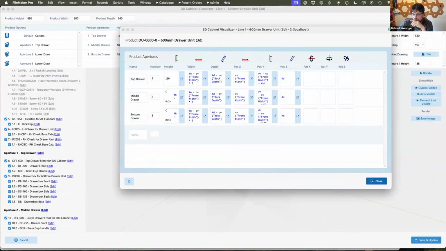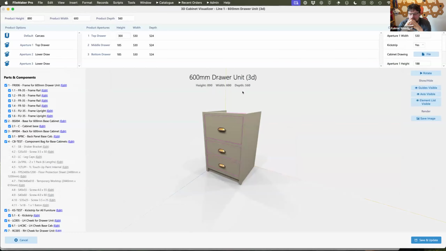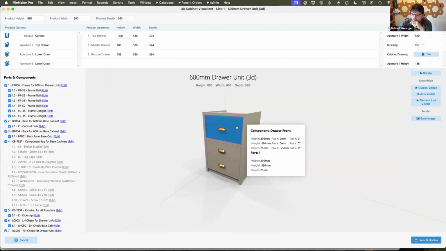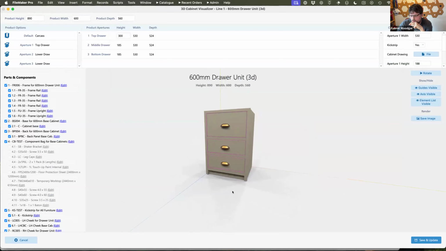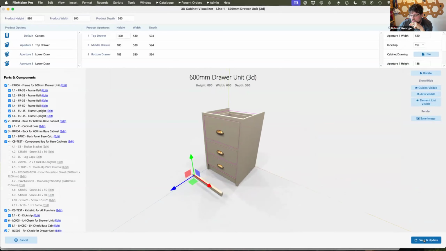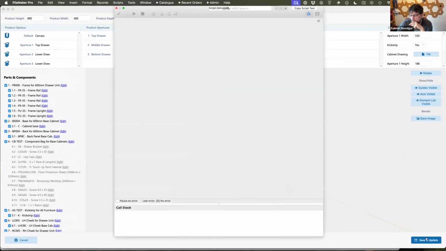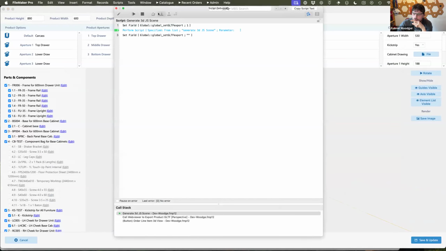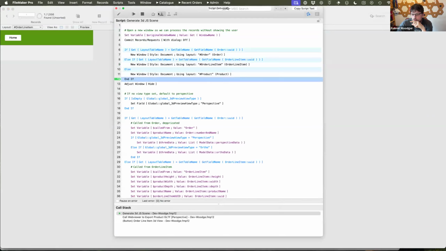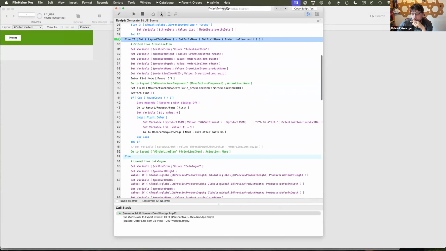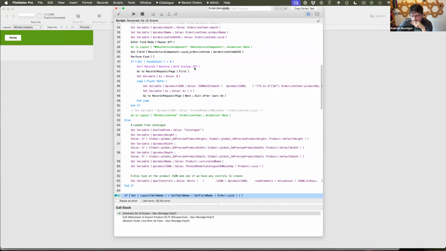So these are all FileMaker windows in here. This then goes off, changes a whole bunch of records, and then is going to calculate the size of this, or I might just say I'm going to grab all of this and move it over. Now I can save this, and this will call a function in the web viewer to load the 3D model information. So it's going to regenerate the scene from here.